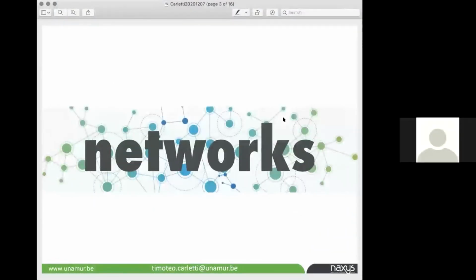So in the last 20 years, we observed the explosion of network science. Indeed, networks are a very general framework to model different kinds of systems. They can be a social system, a physical system, and so on. The idea is that you identify the basic units and call them nodes. Then if two nodes interact, you put a link between them. For instance, you can think of networks where nodes are the authors of papers, and you draw a link if two authors have written a paper together. So this is a co-authorship network.